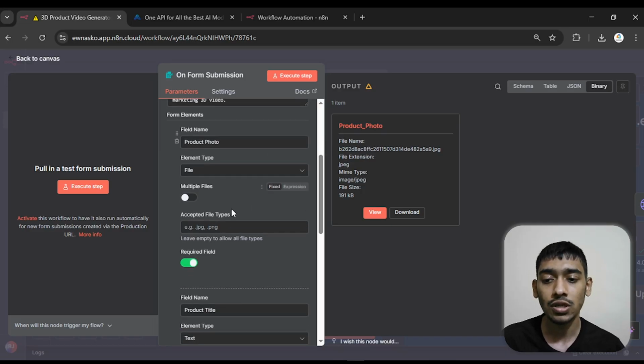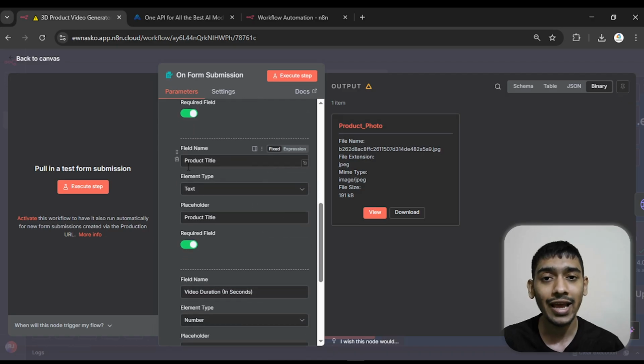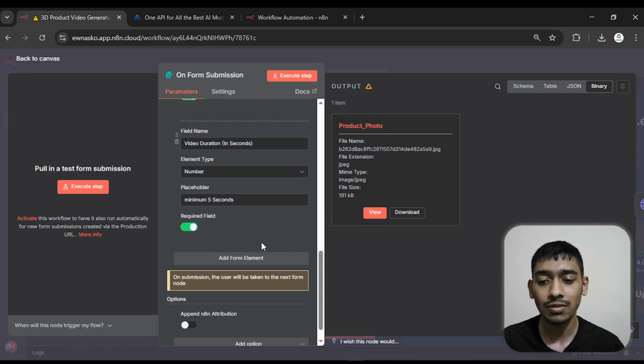And here you can actually give the accepted file types, for example .jpg, .png, .jpeg, something like this. And if you don't give anything, it will just accept all the image types. So make sure that it has to be required, and then you just go with the second element. Okay, you can actually add the element, just go with add form element, and a new element will